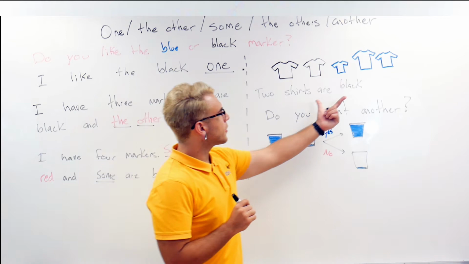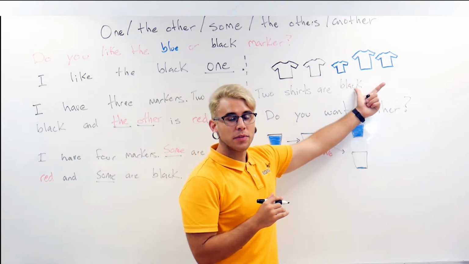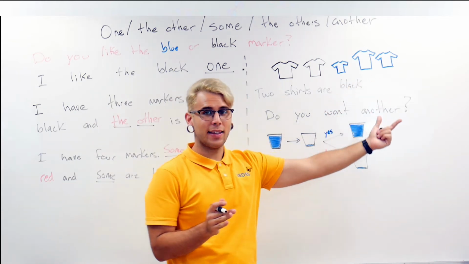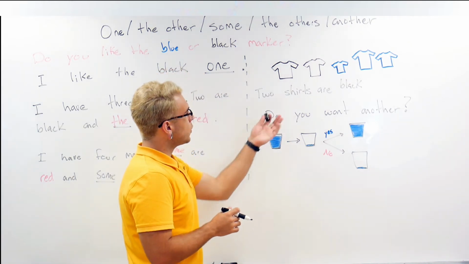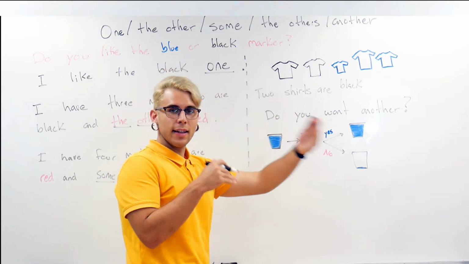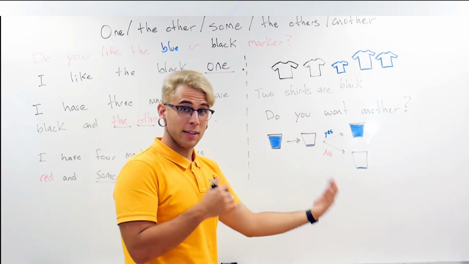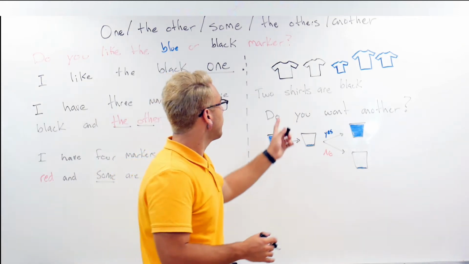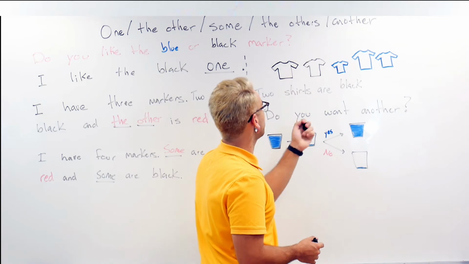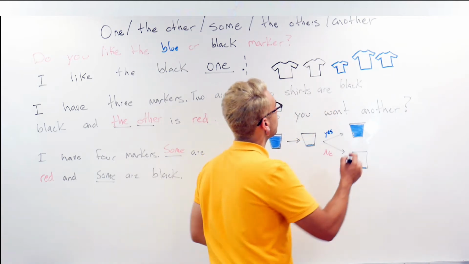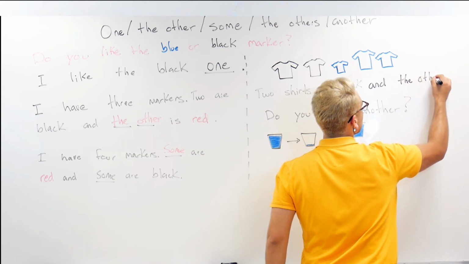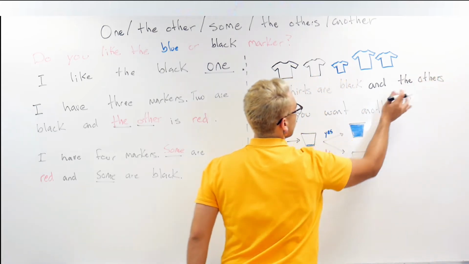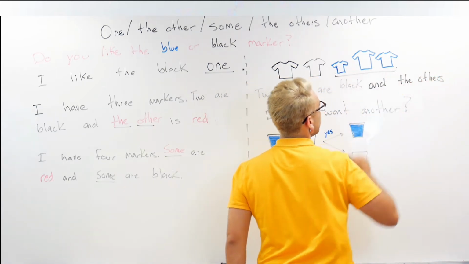And now we want to talk about the remaining items, but if you see that they're all the same, they're all blue. So the word that we use to describe what's left, but not singular, but plural with more than one, we use the others. So 2 shirts are black, and the others, again, the others are these right here. The others